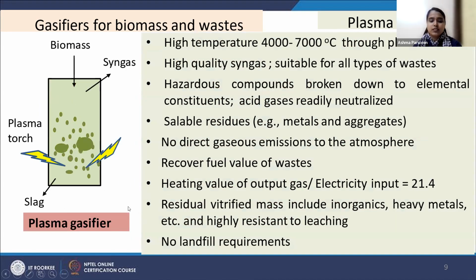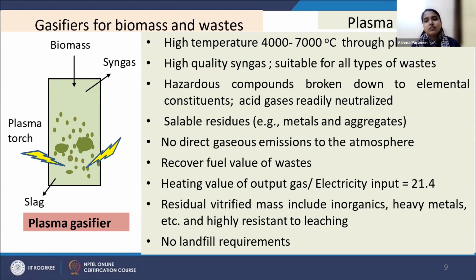Last one is plasma gasifier. Plasma gasifiers can be used for any type of waste. It can also be used for hazardous waste. What happens in this gasifier is that high voltage is applied through two electrodes, and due to high voltage, electrons are excited, and these electrons go and collide with the adjacent molecules in the biomass, and again more electrons